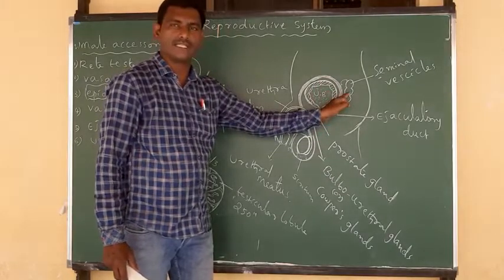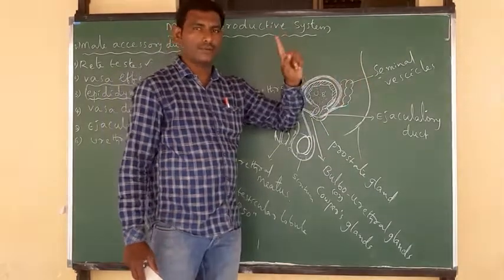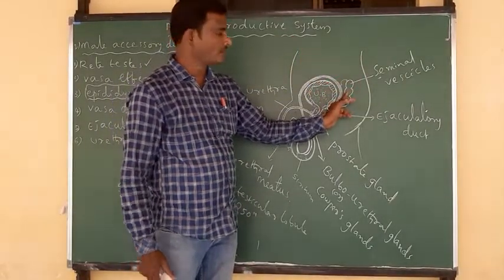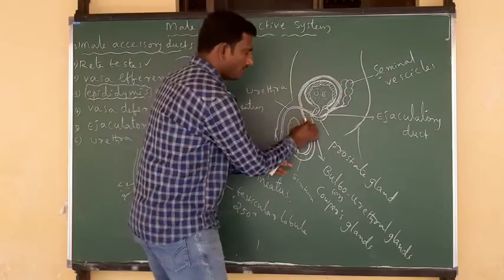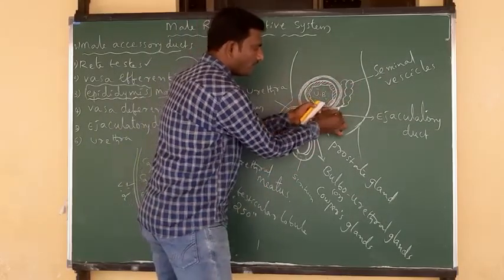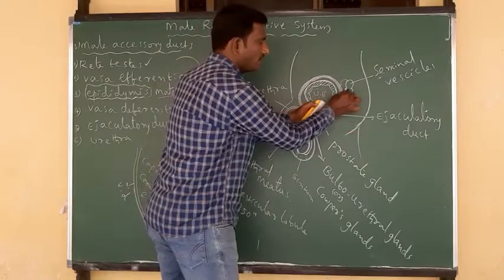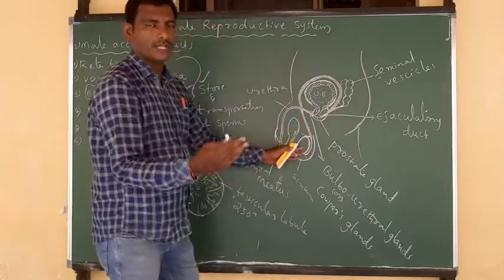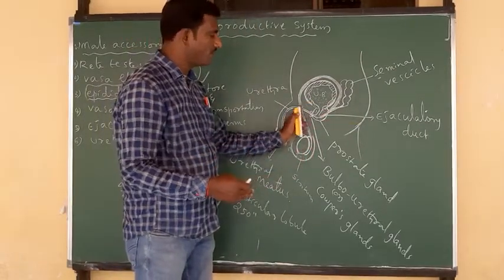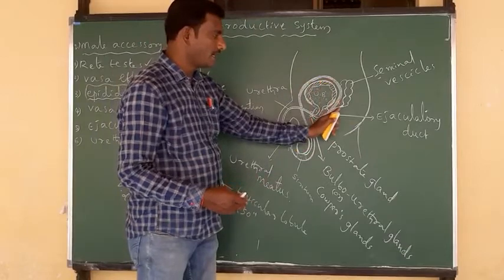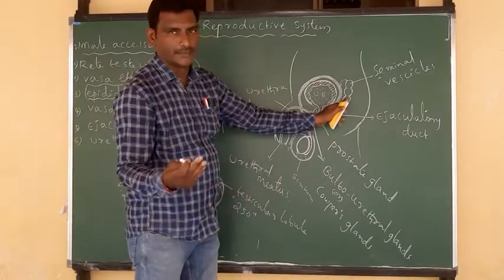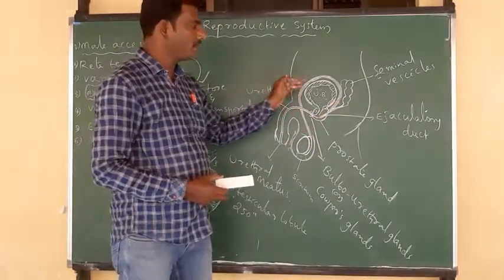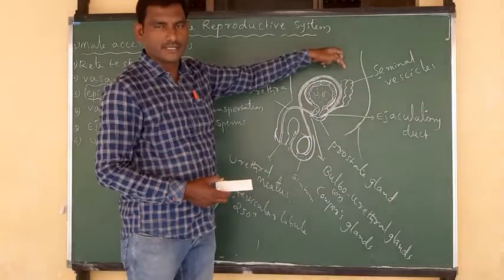from the seminal vesicle. The seminal vesicles are one pair. The back side of this one gland is there, the front side of this one gland is there. Now we are seeing from this side. This vas deferens receives the duct from one of the seminal vesicles. For example, this is the right side testis, the right side vas deferens receives the duct of the seminal vesicle from the right side, and on the other side, the left side vas deferens receives the duct from the left seminal vesicle.